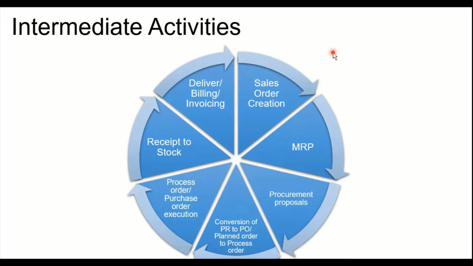So during the sales order creation, we do have the available to promise that will be executed in the background, wherein the system is going to read the total replenishment lead time for the material to be manufactured and be placed in the stock. So based on this, the sales team can promise the customer that this is the date on which we can actually ship the material to you.